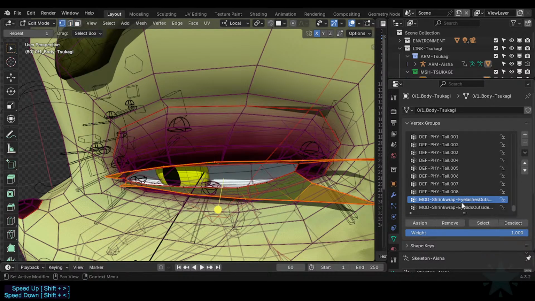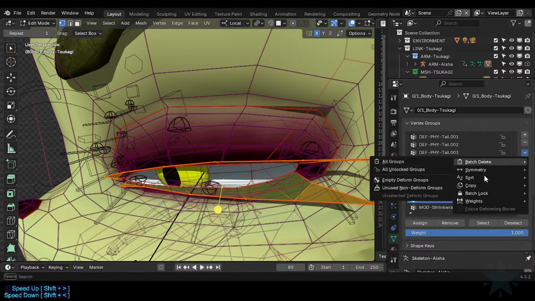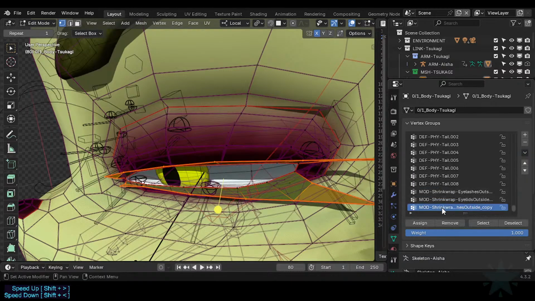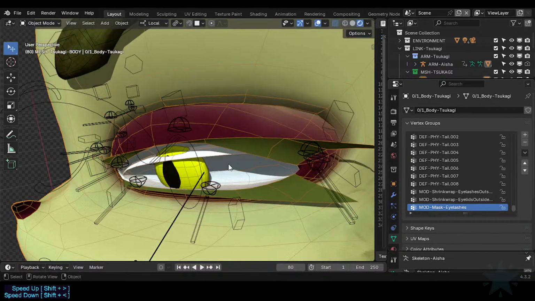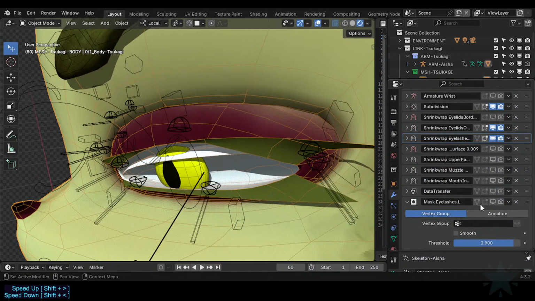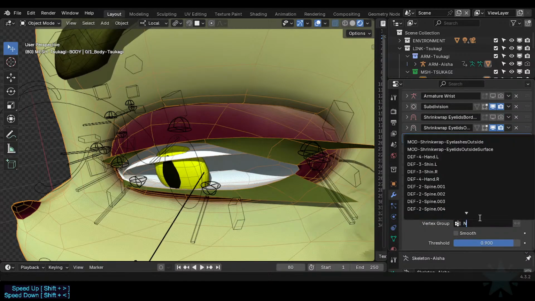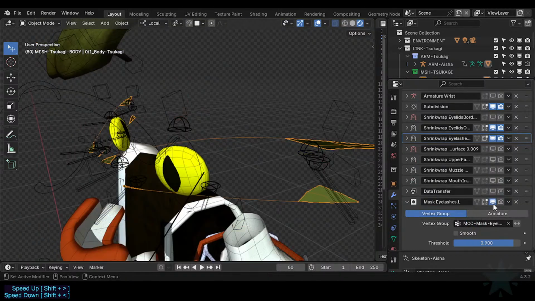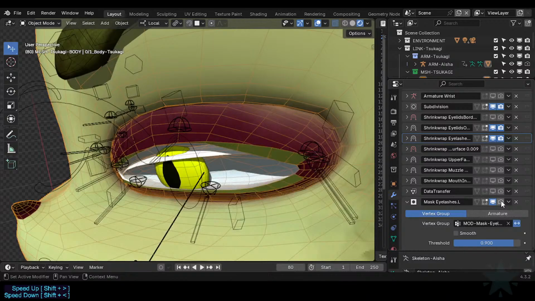Yes, so these vertices we're gonna duplicate, and call it mask eyelashes. One side is good enough. Then we go for the modifiers here. Mask, mask, mask. Turn it on, invert,